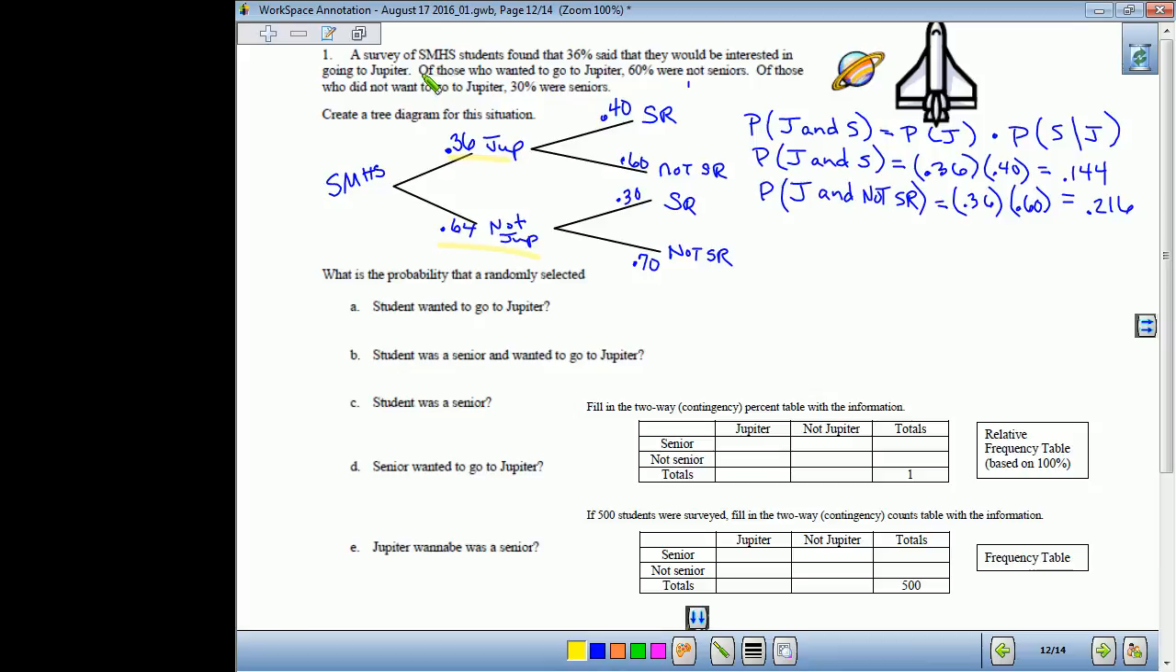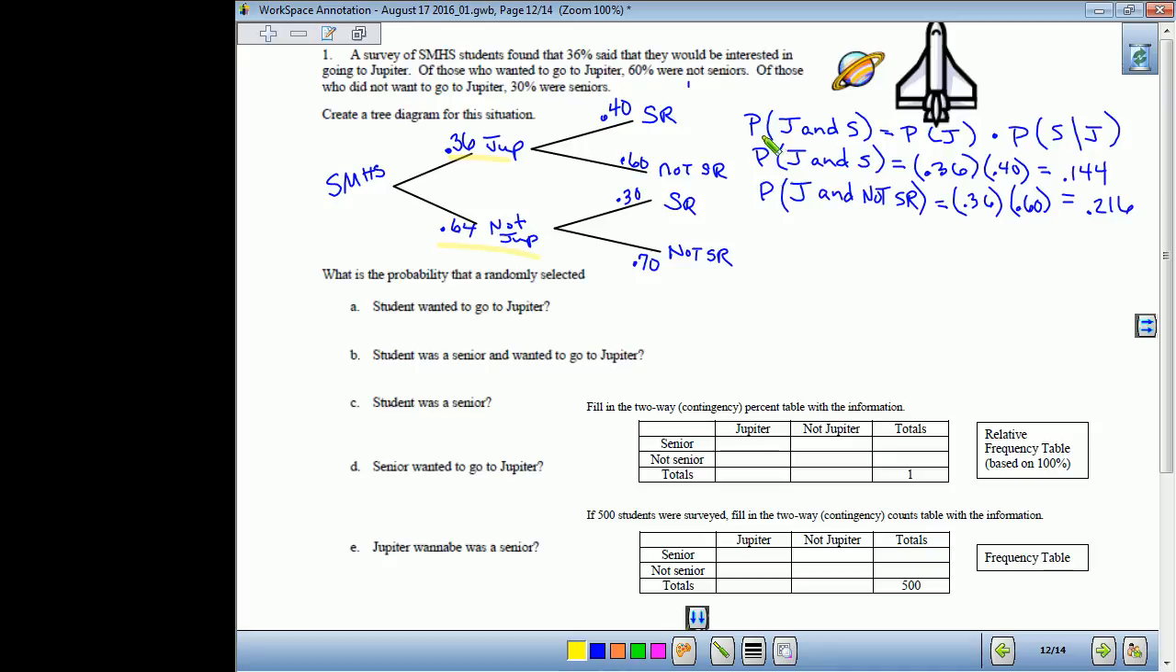Our second branch came from the next sentence. Of those that wanted to go to Jupiter, so I'm going off Jupiter here, 60% were not seniors. So if 60% were not seniors, that left 40% that were. Of those that did not want to go, so I'm going off this bottom branch, 30% were seniors, 70% not. So then we took the information from the tree diagram and we found these joint probabilities